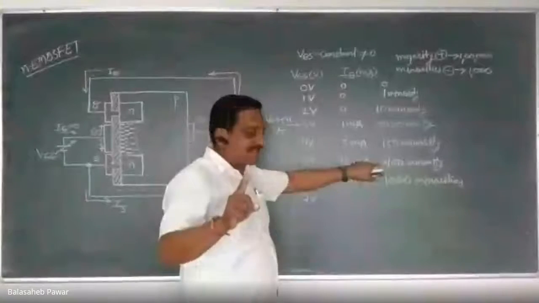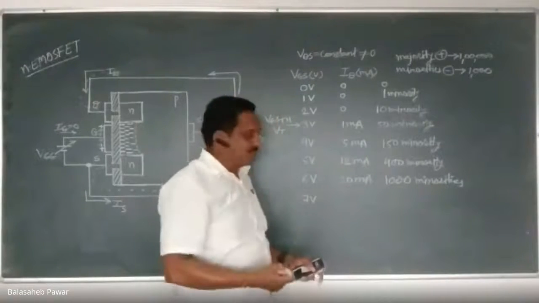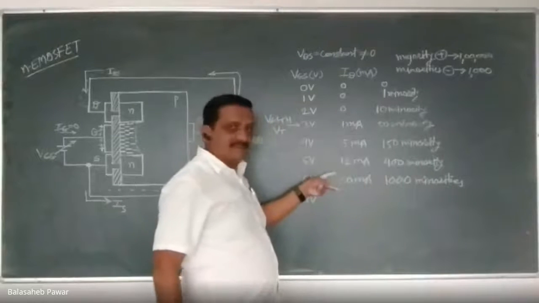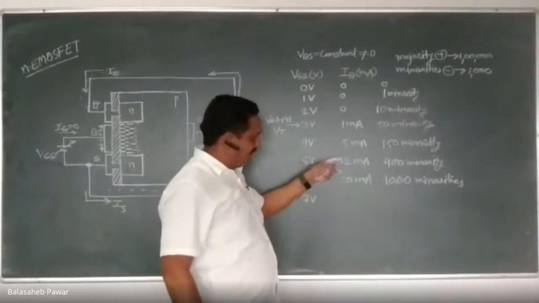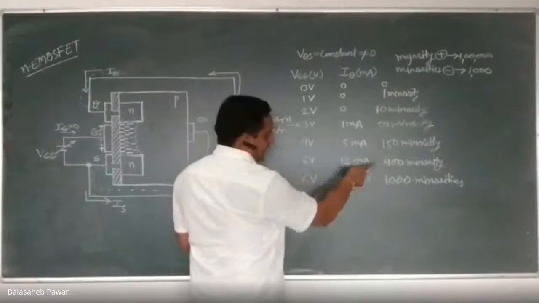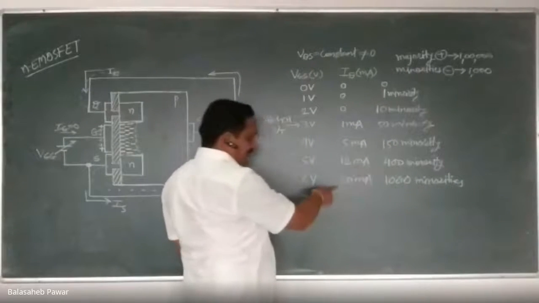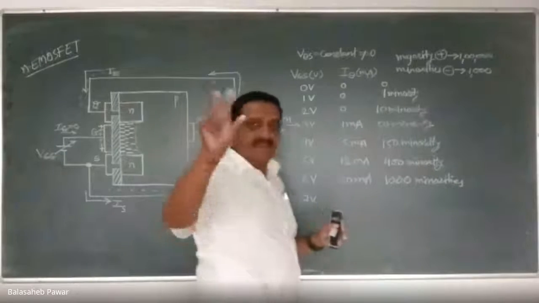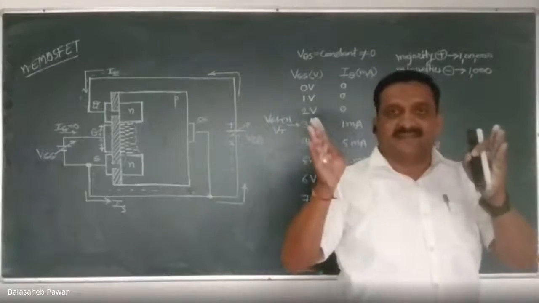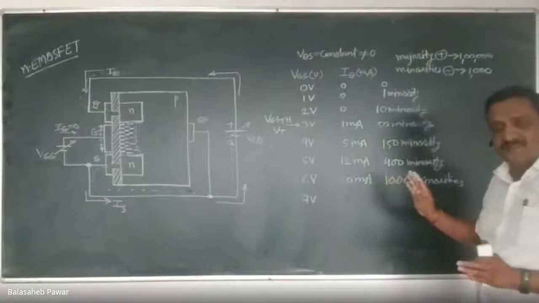Previously, it was only 400. Right. Whenever 1000 minorities start to flow, the current will also increase as compared to the previous case. In the previous case, I considered the flow of charge carriers at 400, and due to that the current was 12 milli. Now the flow of minorities will become 1000, and the current will become 20 milli. So do you agree with this? Whatever example I took, is it okay? Yes, sir. Okay.